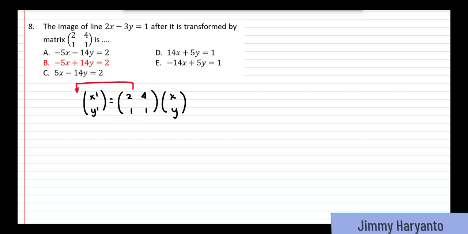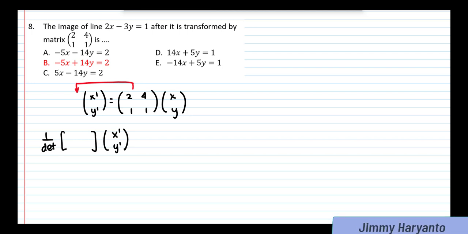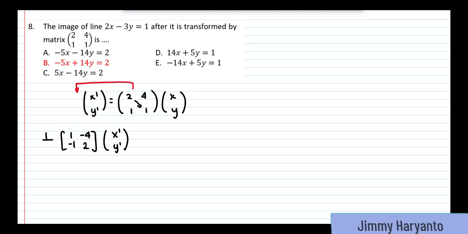You can move the matrix into the left hand side. That means you have to use the inverse formula. It will be 1 over determinant times the adjoint. The adjoint will be the 1 and 2. You have to swap the 1 and 2. You'll have 1 at the top, 2 at the bottom, and then you will give a negative sign to the 4 and 1. You'll have negative 4 and negative 1. Okay, so the determinant will be 2 minus 4, which equals negative 2, times x and y.